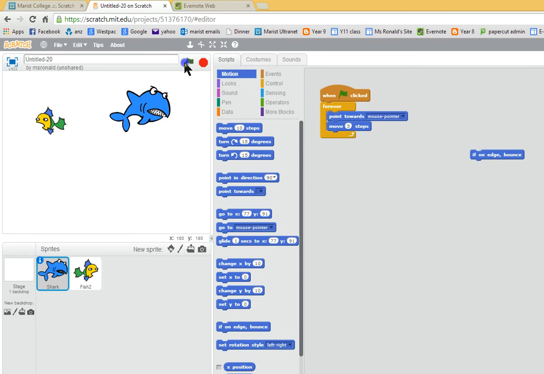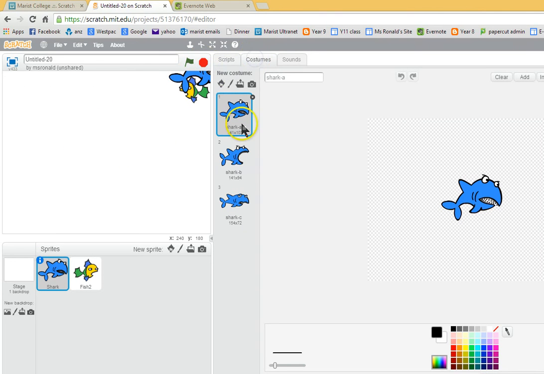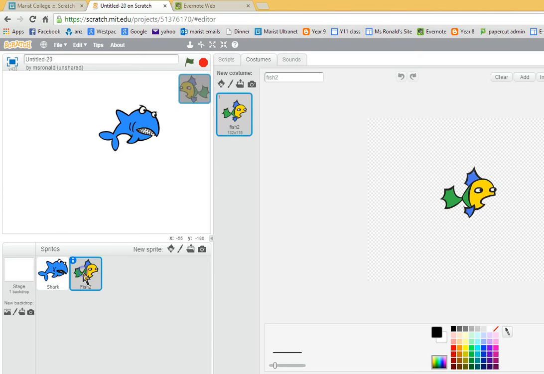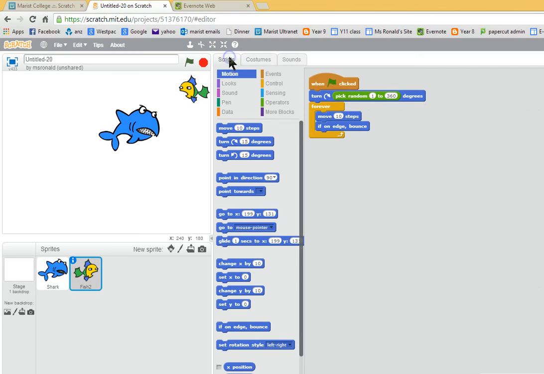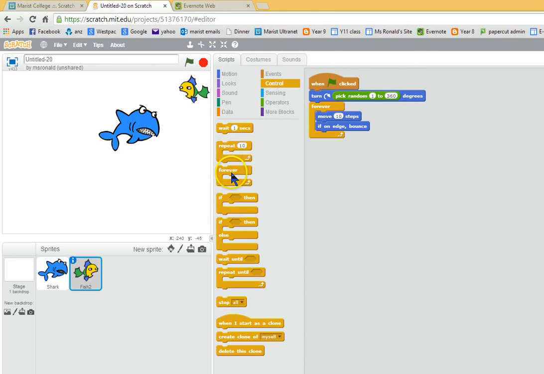Okay, now the shark is going to sort of chase the fish. So something's going to happen when he hits the fish. The shark has got 2 different costumes. 3, but the 2 I want for now, mouth shut and mouth open. So I'm going to tell that shark when he touches the fish to open his mouth and then shut it again. But actually I'm going to use the fish to do this just because I think it will end up being simpler. So the fish is going to have another little script that says forever